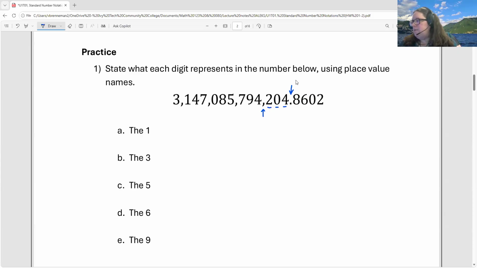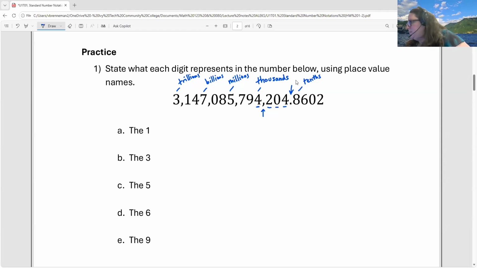So the first comma is when we go to thousands. The next comma is millions. The next comma is billions. And the next is trillions. So you can think of these as levels of magnitude as we're going every third digit, going thousands, millions, billions, trillions. To the right of the decimal point, we start with tenths, and then it goes the same